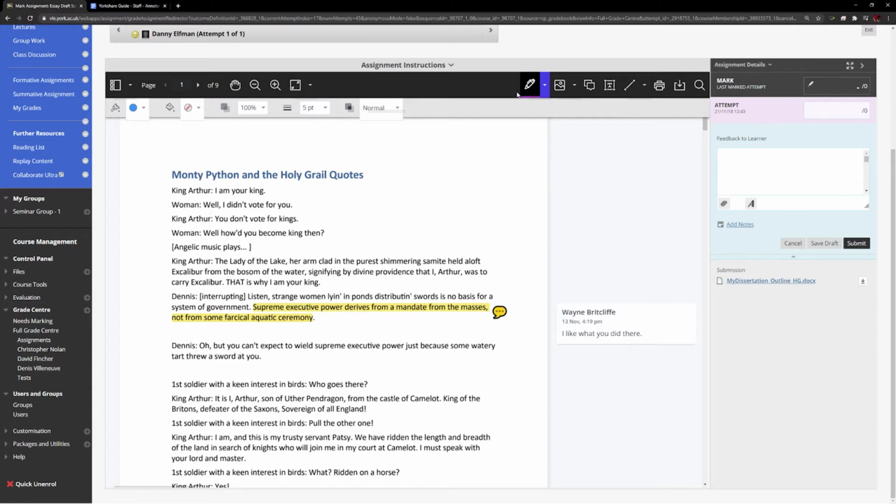If you now roll your pointer over the student work, you should see that the cursor has changed to a circle. Click and hold down your pointing device button and move your pointing device to draw on the student's submission. When you release your pointing device button, the current drawing action will be stopped, and what you have drawn will